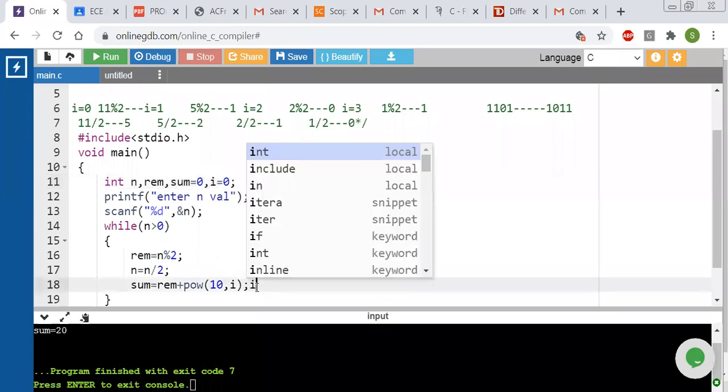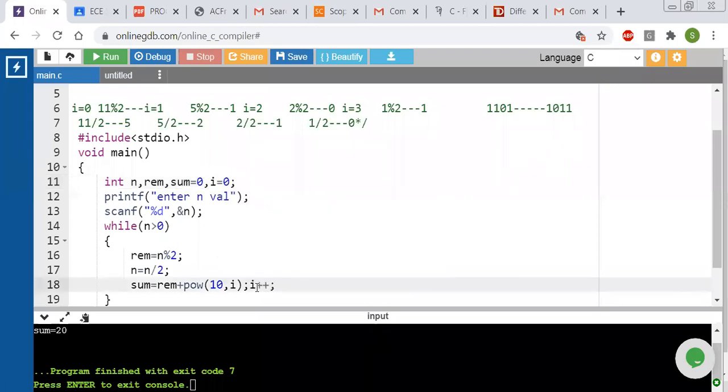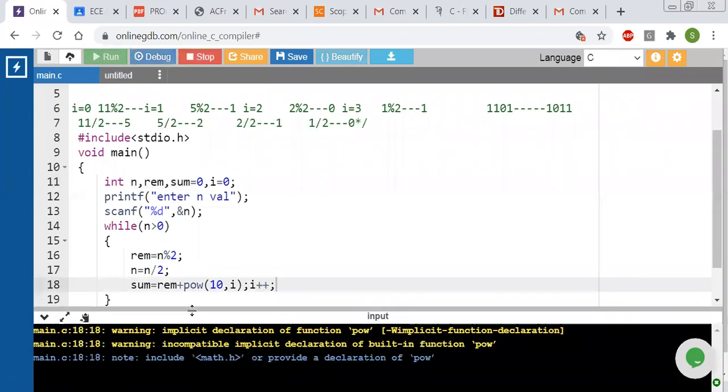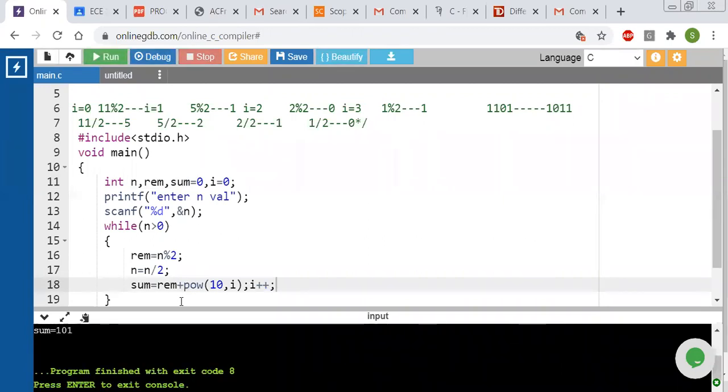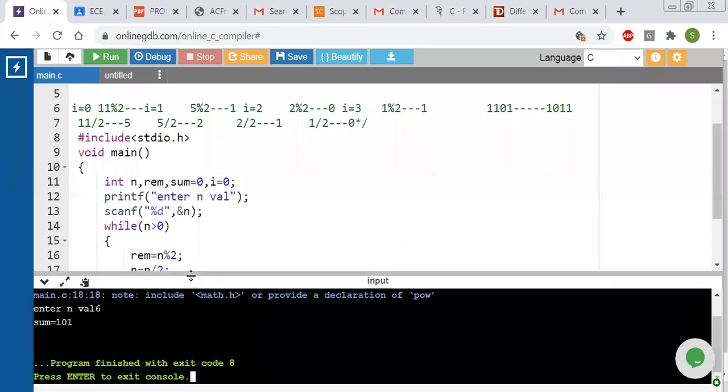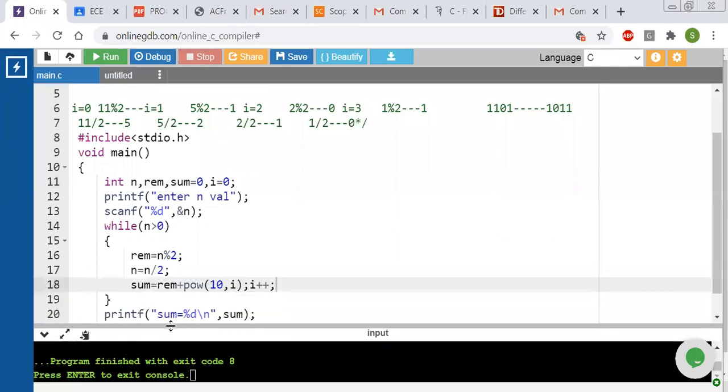And so we are getting 101, but actually our input value is 6, but we are getting 101.